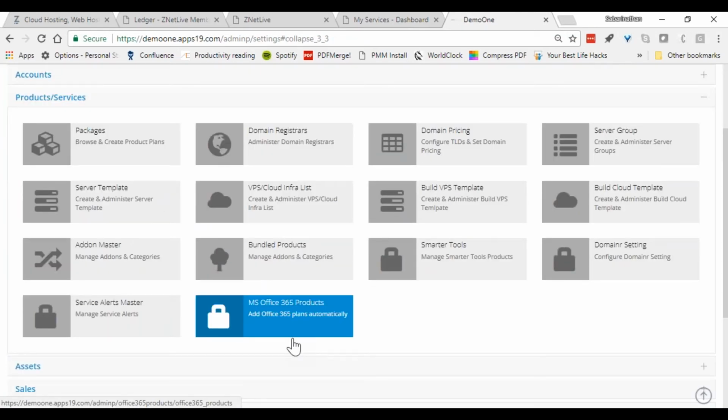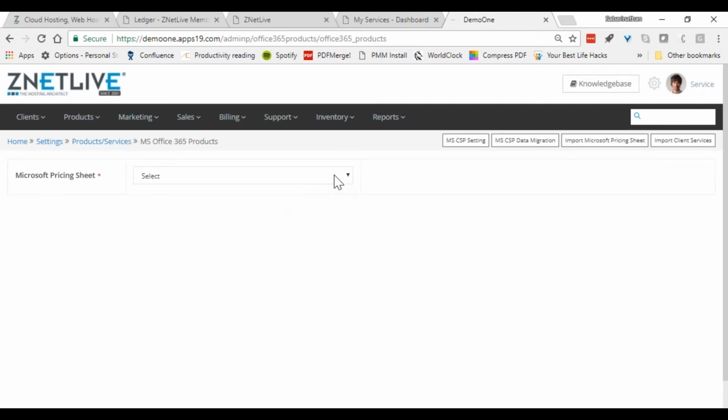And also one very important feature is Microsoft keeps releasing new SKUs every month. How do you stay on top of this? You know, this is the complexity involved, right? So RackNav can help you import the pricing sheet directly from Microsoft. So Microsoft offers you a CSP portal where it gives you the Excel file containing price list. You can import that file. It cannot get any easier than that, whereby you import the file, load all the plans here, and then you are able to sell services directly to a customer, right?